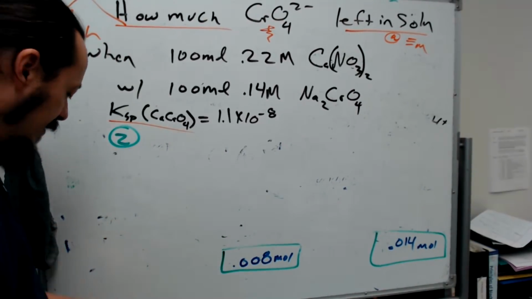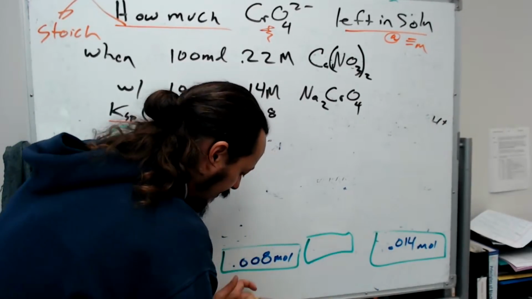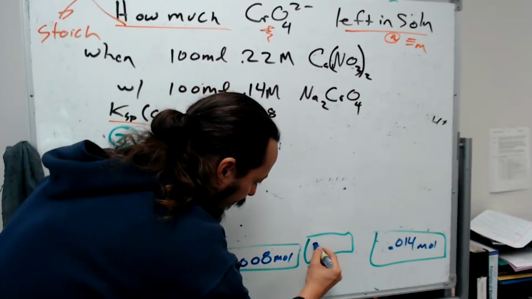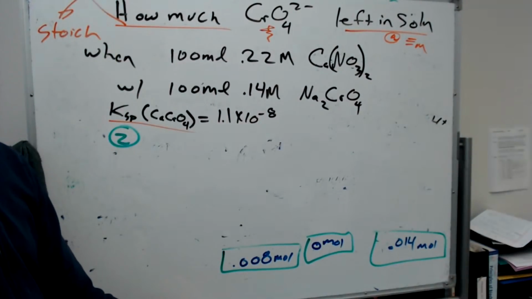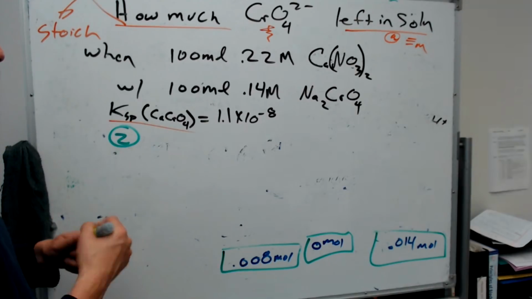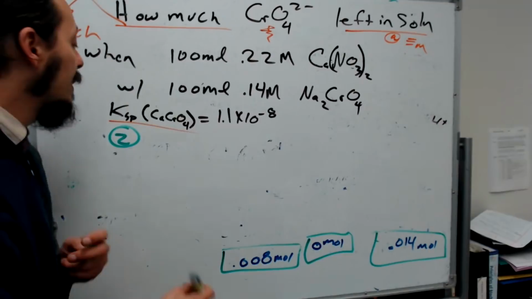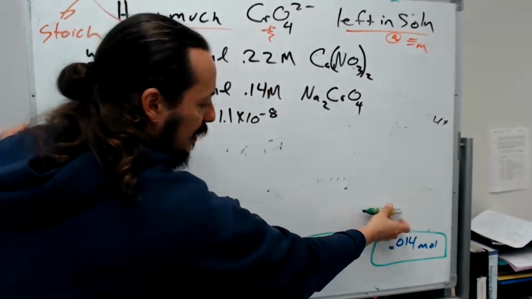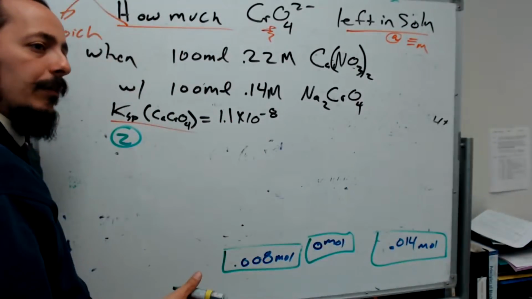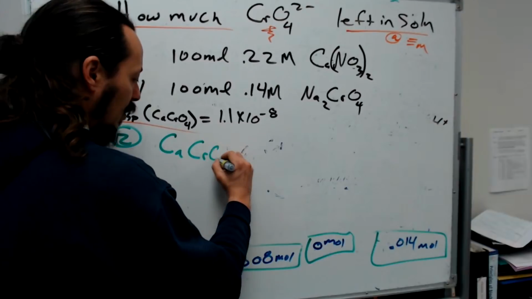I had 0 moles of chromate left over. We look at that and say, clearly I can't actually have a 0, otherwise I'd never be at equilibrium. So I have to think about what happens for essentially a correction to the stoichiometry we've done, the equilibrium that happens. So I'm going to look at the calcium chromate,